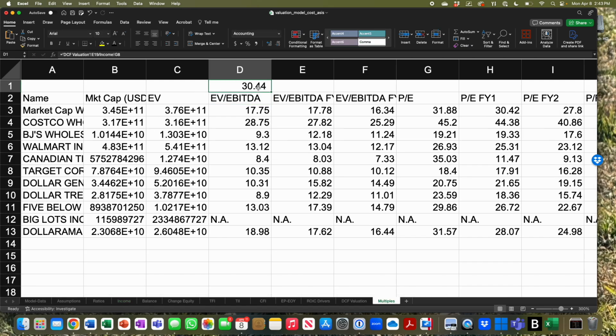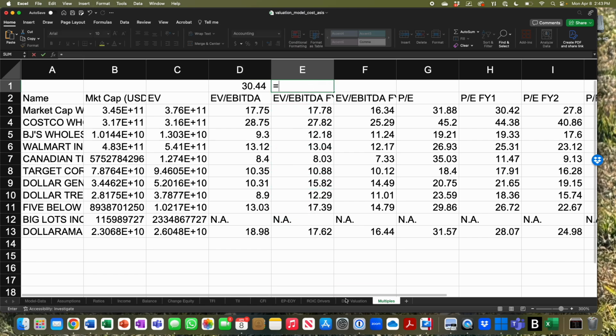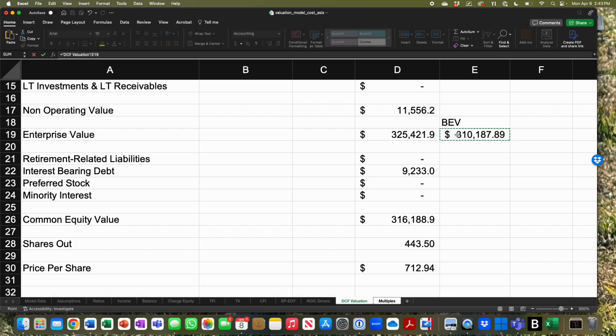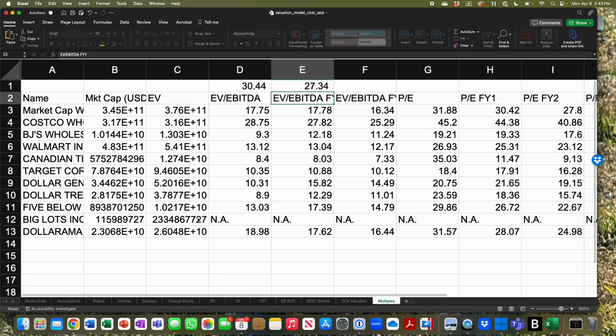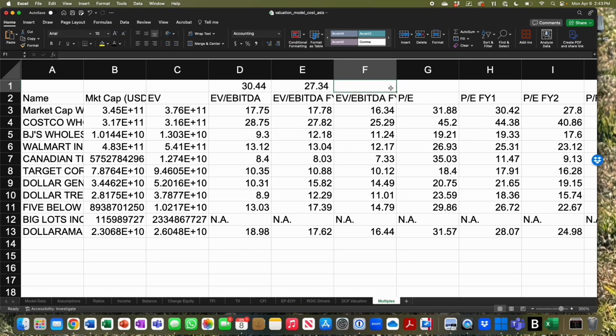That is our model's historical EV to EBITDA, comparable to Bloomberg, which is trading at 29. Okay? Now, EV to EBITDA next year equals DCF, BEV, which is E19, divided by assumptions B13. That's next year's EBITDA forecast for the consensus, 27.34, and equals,